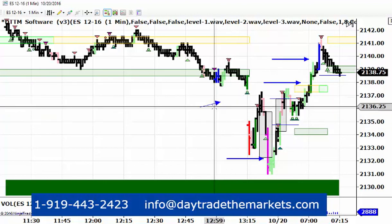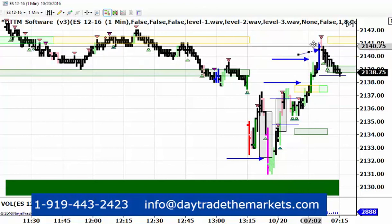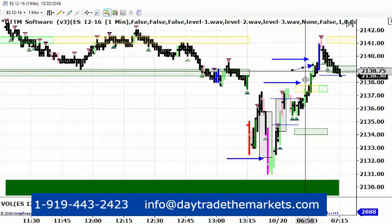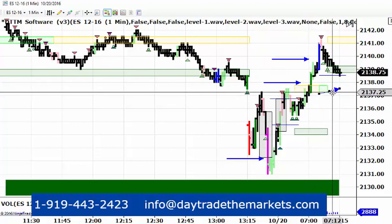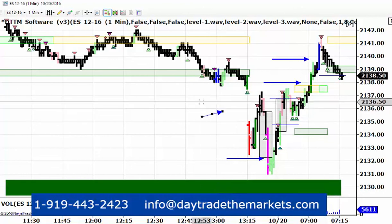So this area up in here that we're looking at as potential resistance, it did come through it here with some fairly aggressive buying, but this wave of buying could very well come back down into this area before it can find some support at this stage of the game, and maybe even lower than that. At any rate, that's a live trade in the Emini